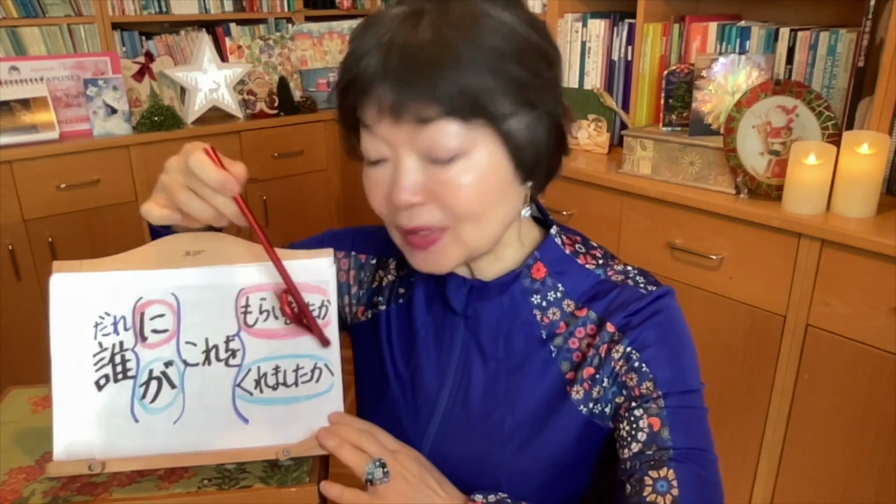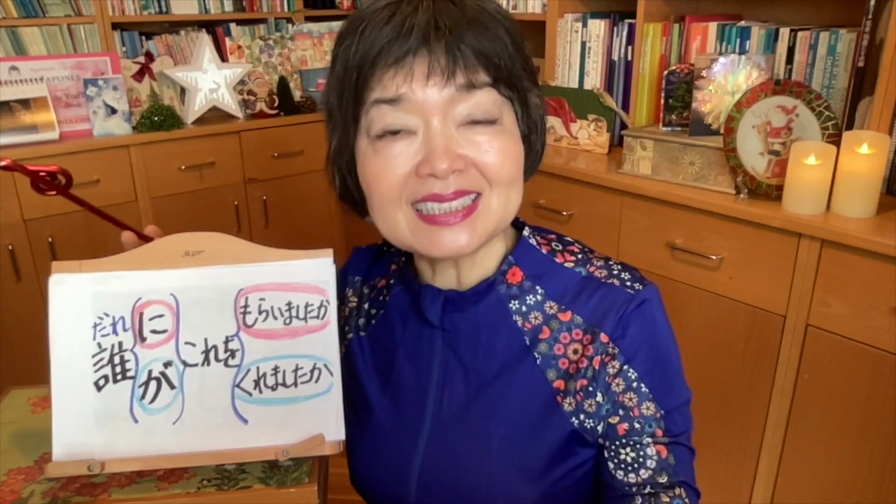But when we use くれます, the importance is who sent me. Who? So 妹が or 妹は。